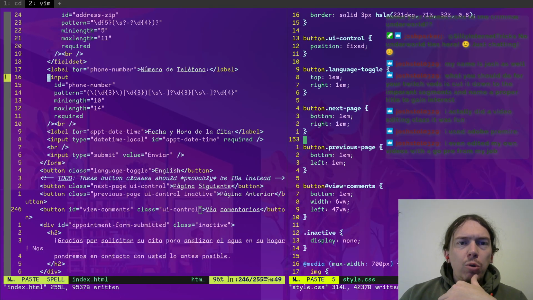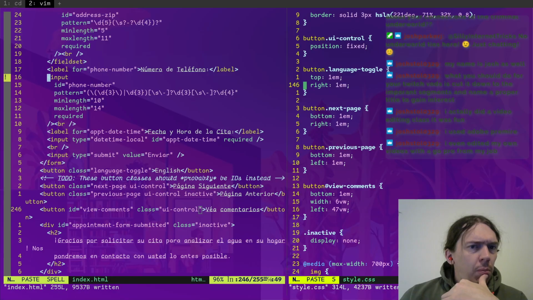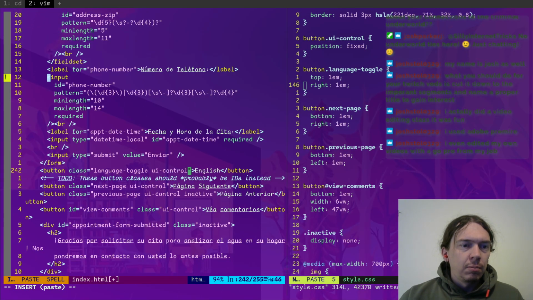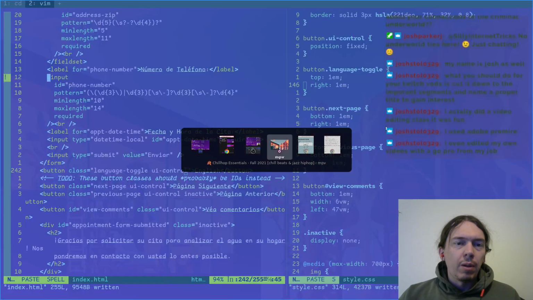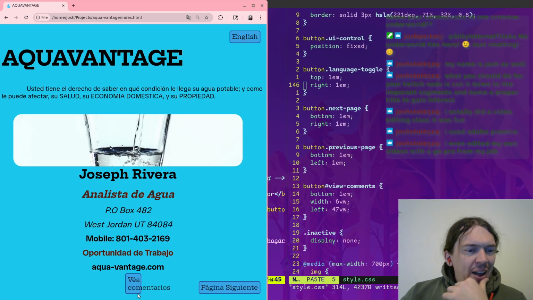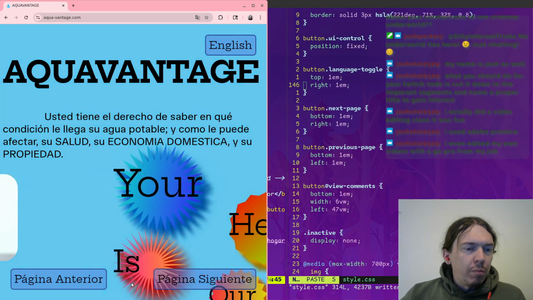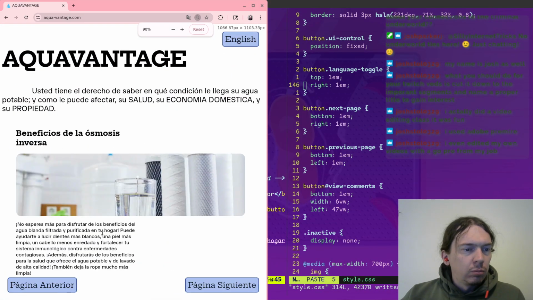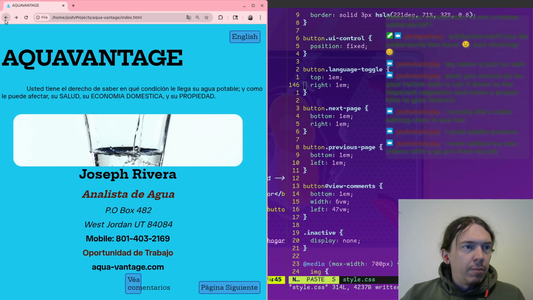Language toggle. It says it's supposed to be in the top right. Because I didn't add the class to it. Okay, so there it is. Okay, so now how about this one? I guess 6 was probably less width than I really wanted. Oh, wait a minute. Oh, I hit the link.